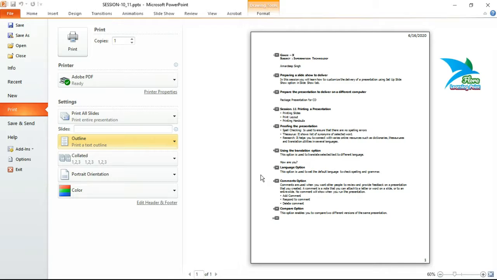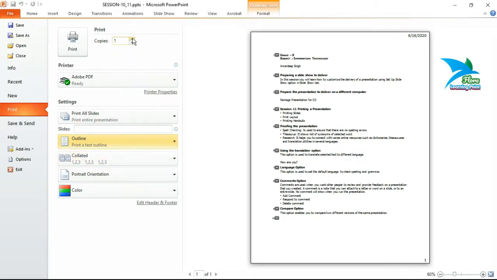By using this single printout, a presenter can keep it with him while delivering his presentation. By using this option, you can print all the contents belonging to a presentation on a single page.